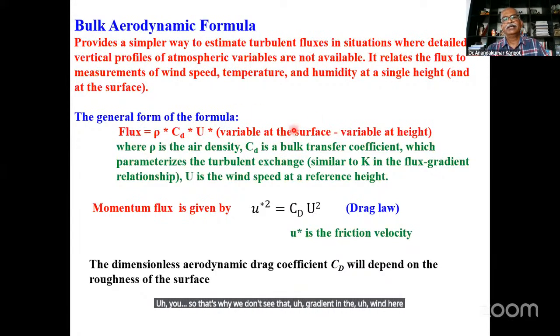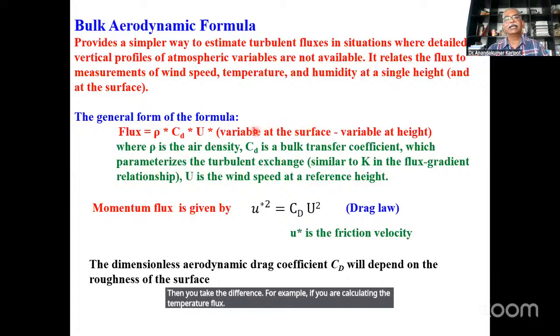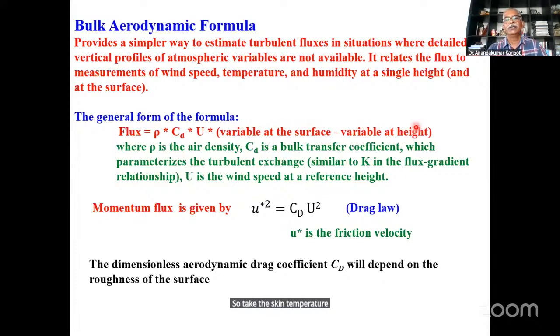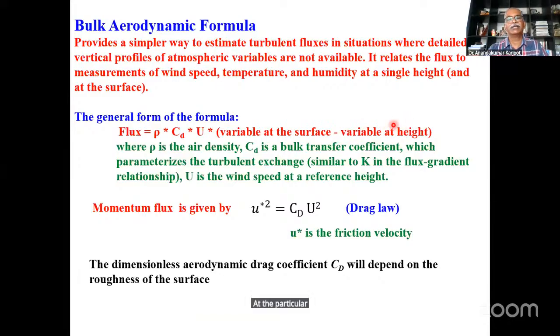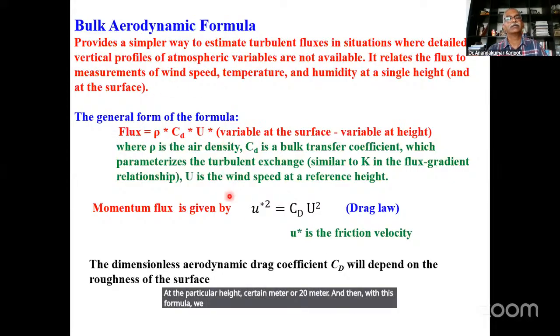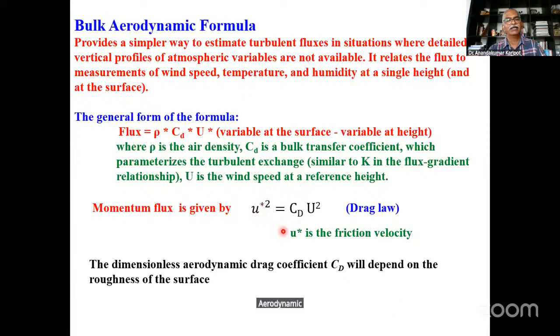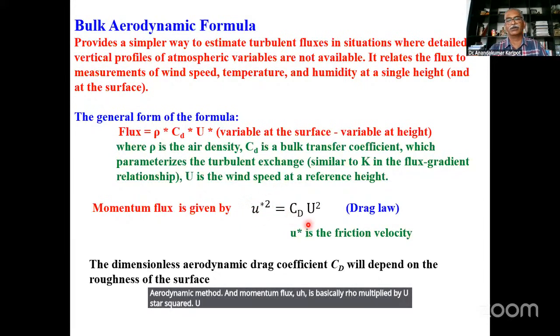And then you take the difference. For example, if you are calculating the temperature flux, take the skin temperature of the surface and the measured value at whatever level is available, say 10 meter or 20 meter. And then with this formula we can calculate the flux using this bulk aerodynamic method. And momentum flux is basically rho multiplied by u star square. u star is the friction velocity,